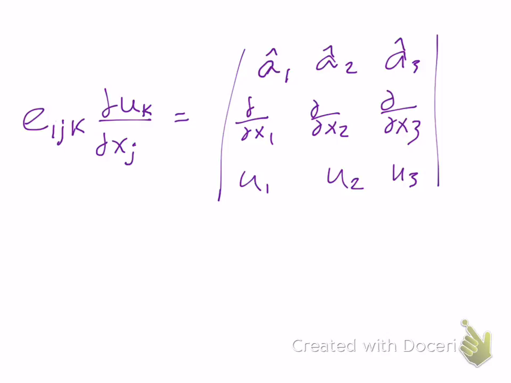So we have two k's here, which means we're going to end up summing over those k's when we write this all out. We have two j's here. That means we're going to sum over the j's as well. So when we go through our 1s, 2s, and 3s, we're going to have